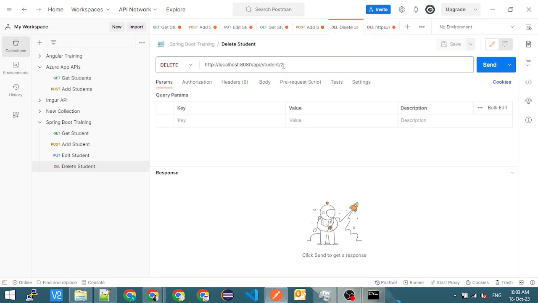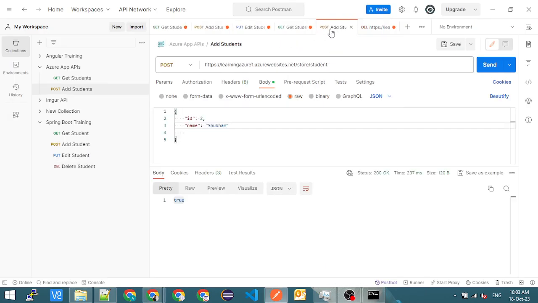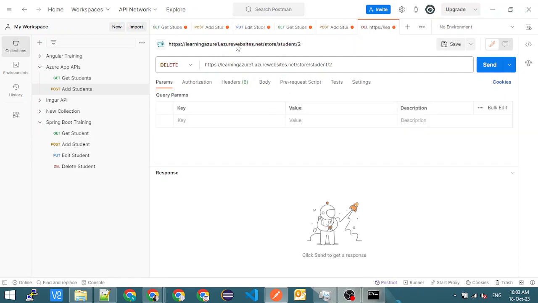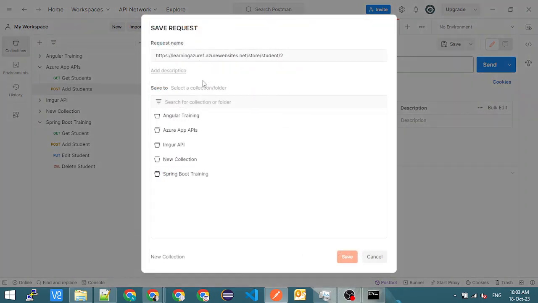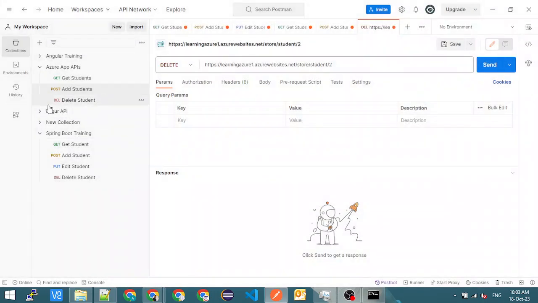Let me check, this is what I had opened to see, actually it is the same. Okay, student 2 I'm trying to delete. So this is what it is. I'm just renaming it. I'm saving it so that I'll have it with me. Delete student. Okay, I have to put it in the Azure app API. So this delete student is my API Postman method, and then I'm trying to delete the student